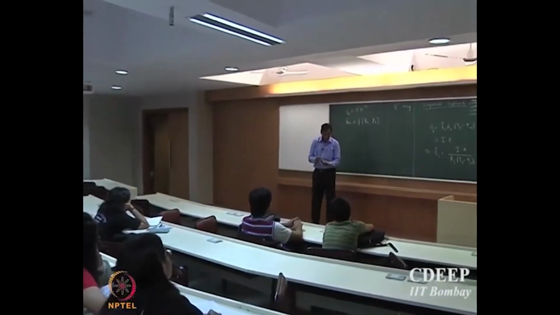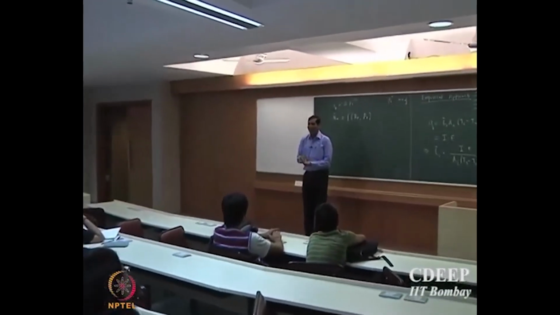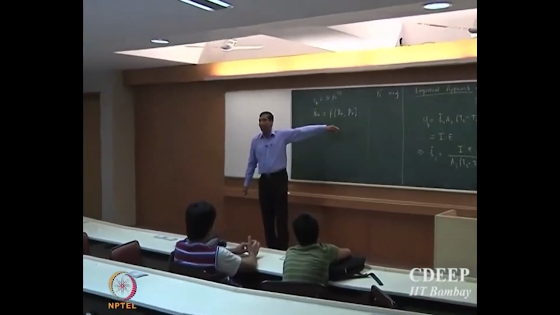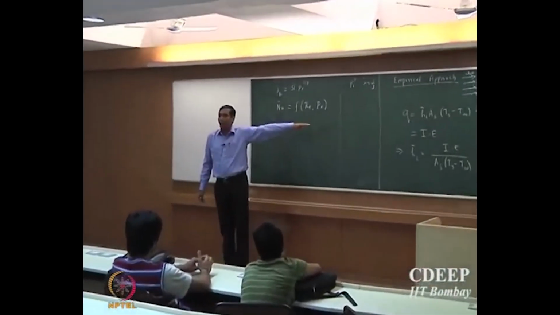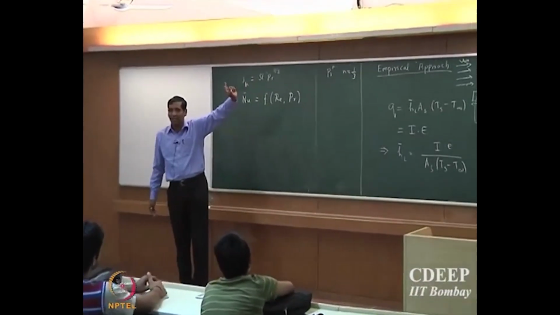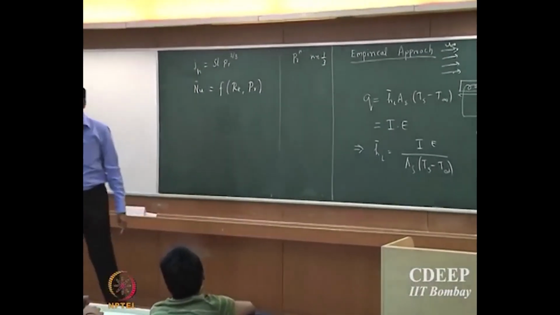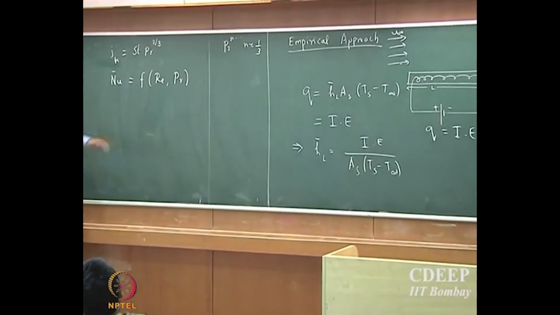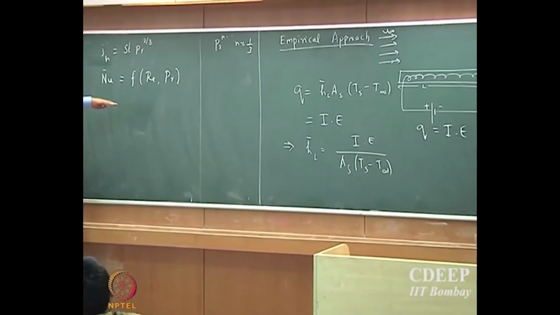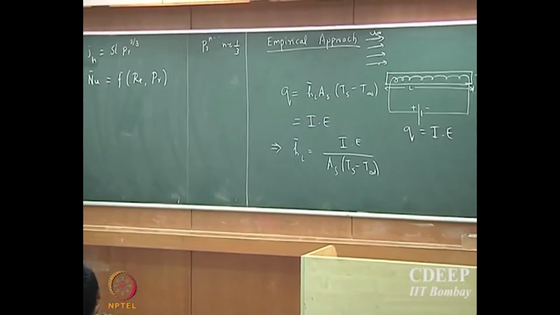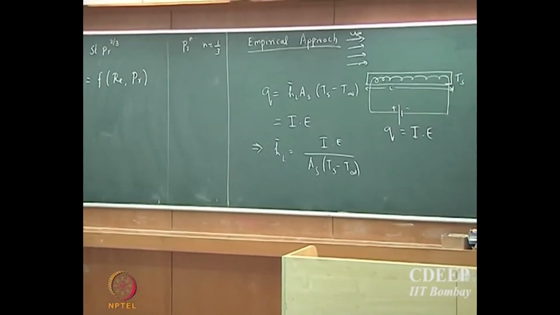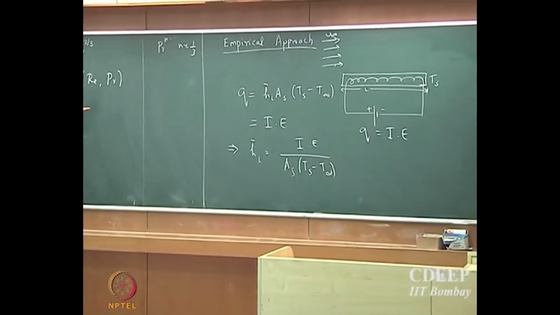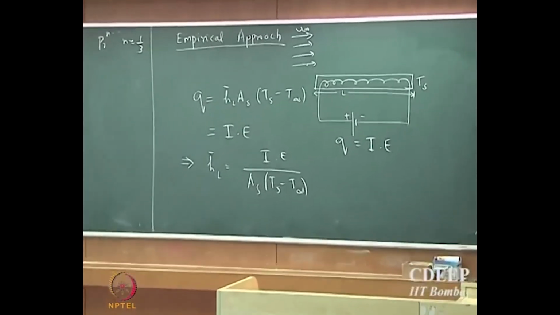Although it's not a very correct thing to say that the person who did the experiments and found the functional form did it without any basis, that's not correct actually. He has actually done the analytical theoretical approach and found out what should be the correct way to plot these data. So remember, you will not be able to get the functional form until you know that Nusselt number and Prandtl number are important, right? So what they would have done